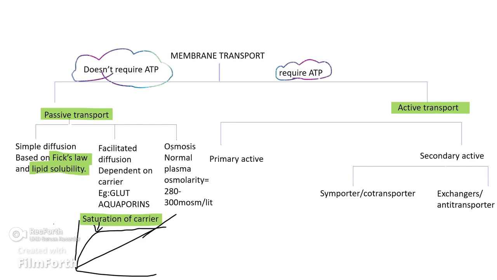If energy is not required, that is known as passive transport. If energy is required, what do we call it? It is an active transport because we are using ATP, which requires ATP is active. Energy is required is active. Energy is not required. No energy is required. Passive. Okay. And under passive transport, we have three main